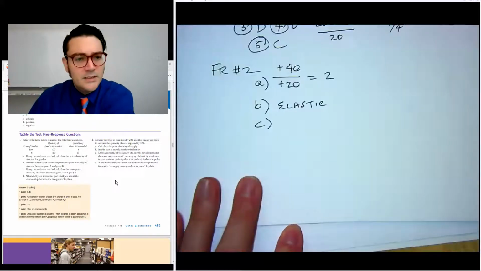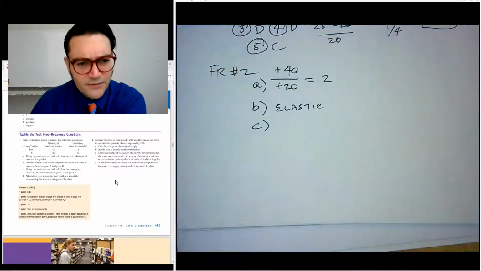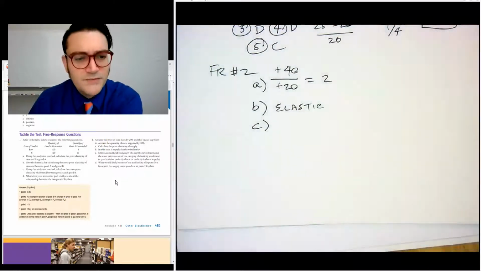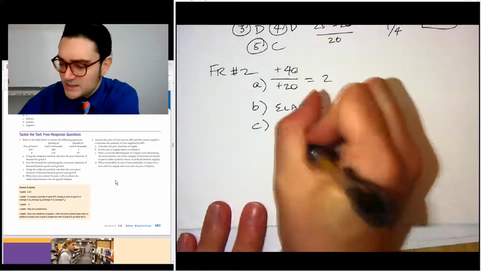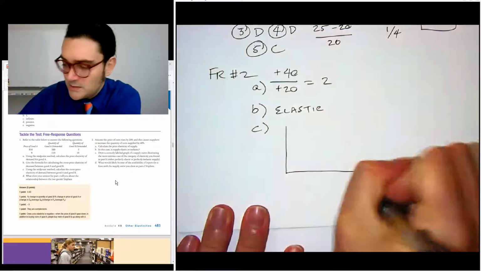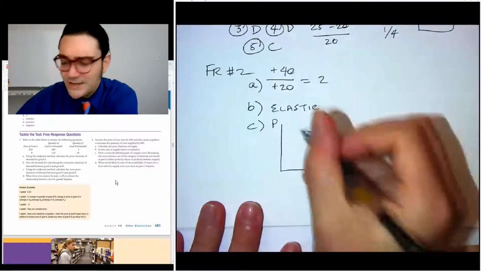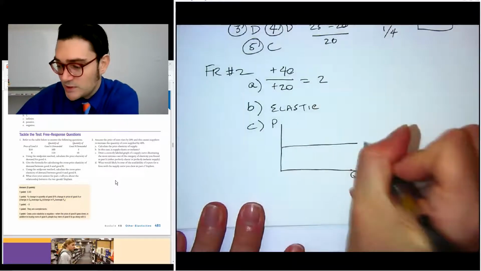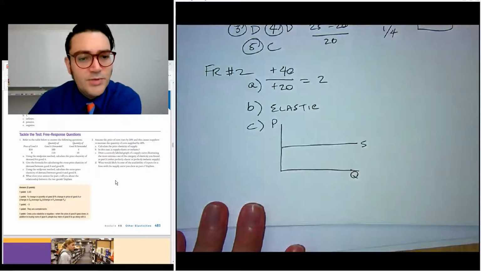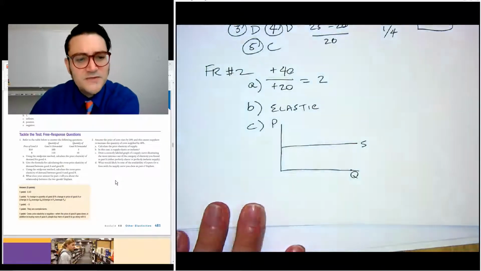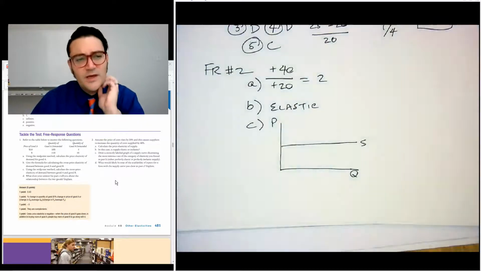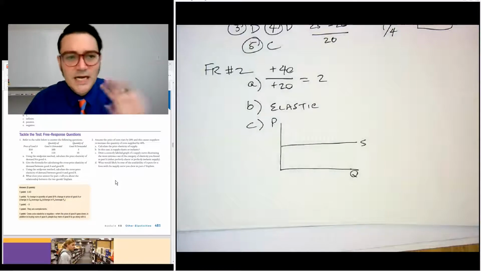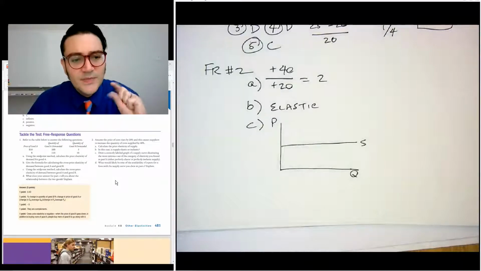C, draw a correctly labeled graph of a supply curve illustrating the most extreme case of the category of elasticity you found. So perfectly elastic is what they want us to draw. Price, quantity, so it's elastic, so it's a horizontal line, and we're talking about supply. What would be true of the availability of inputs for a firm with this supply? So again, the availability of inputs thing is not going to appear on exams, but this is the idea that